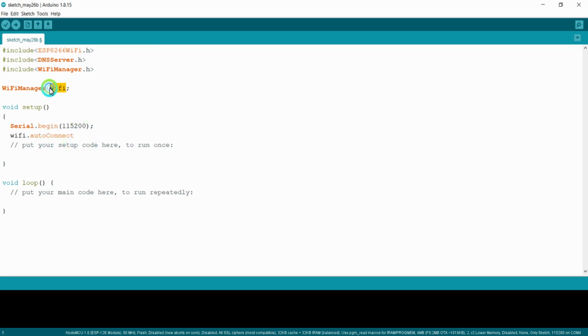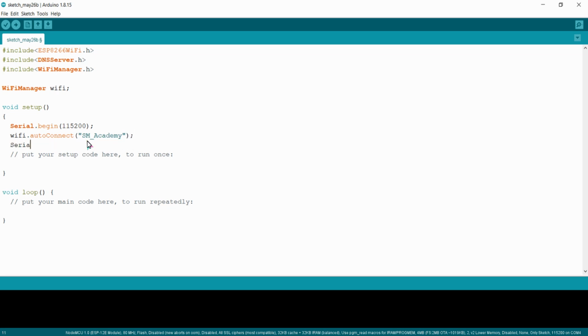Here you can see this is the wifi object that we created. Using that object I am calling a function called autoConnect, and this autoConnect will receive one parameter which is the SSID of the access point. Here I am giving SM Academy,